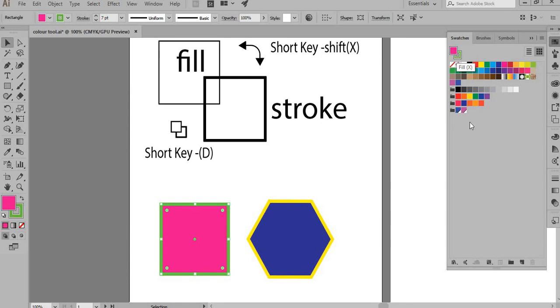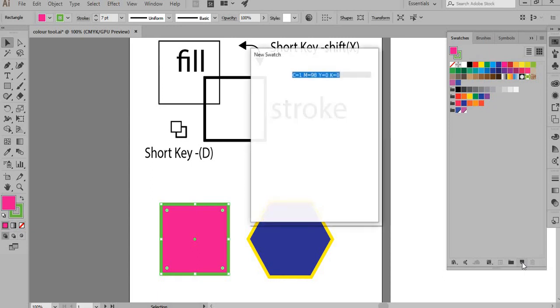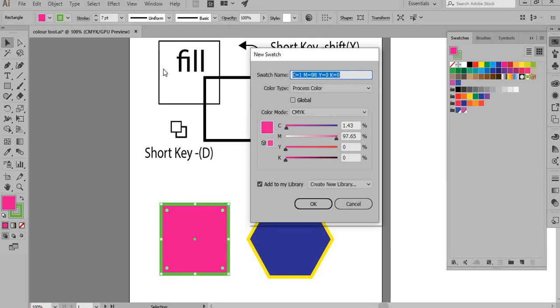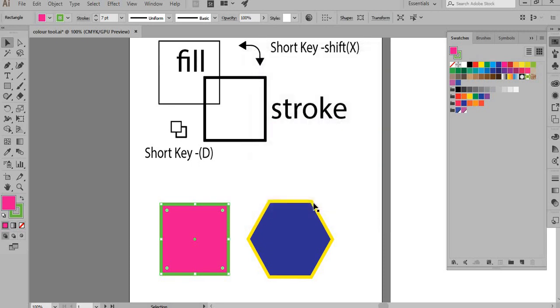So right now the fill is active, and if I put my cursor around the second icon, it says new swatch. If I just click on it, I can just type in the color that I want, this is the pink, and I click OK. That's the pink that I want.